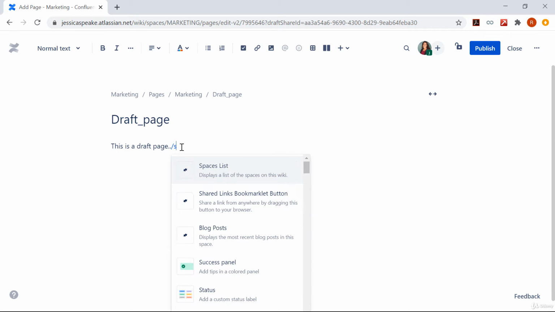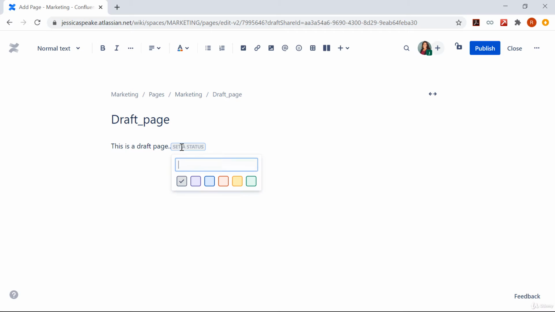So let's use a status macro to put the status as work in progress. You can select the relevant color here. So I'm selecting yellow and then publish the page.